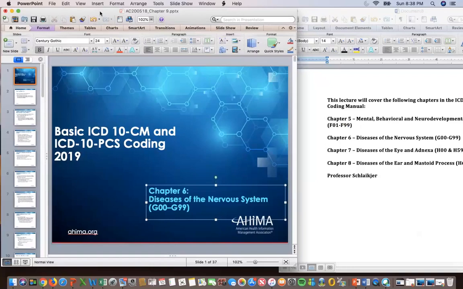So above that is your chapter guidelines. You'll see we have an includes note, disorders of psychological development, and an excludes 2 note, symptoms, signs, abnormal clinical and laboratory findings not elsewhere classified, R00 to R99. Then it says this chapter contains the following blocks, and it gives you what will be included in that. Okay, so then we'll go back to the beginning of the chapter where the official guidelines are,